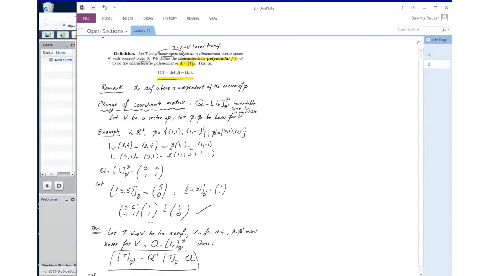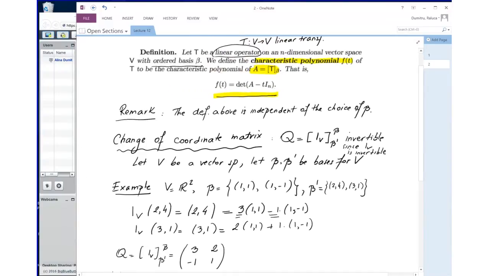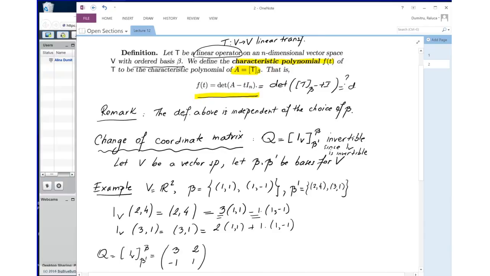A was the matrix of T in the basis beta, right? And the definition called for the determinant of A minus T times identity, right? And the question was, is this the same as the determinant of T beta prime minus